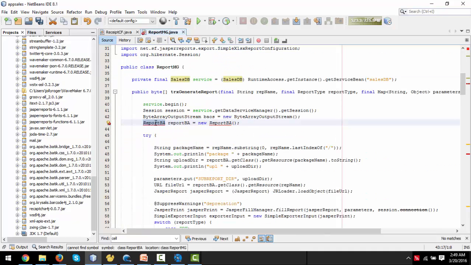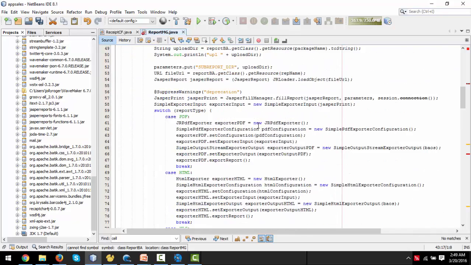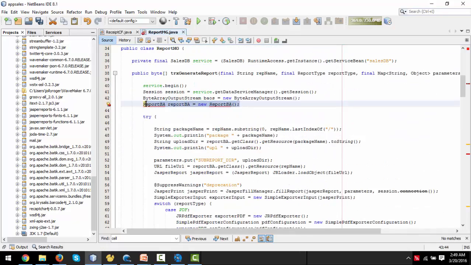Alright, now this report BA, this is a little kind of unconventional, but I don't know a way to find the path of the resource for the folder. So what I did is just created an empty class, made an instance of it, and later found the path where I'm going to write the folder. So it's not the best way. If you guys have a better way to do this, it'd be good. If you don't understand what I'm talking about, don't worry about it. All this has to point to is the place where you're going to store your reports. So this report BA file,